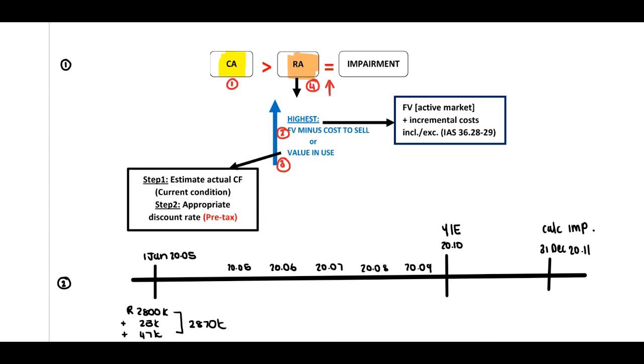Therefore, if you now look at our timeline, we need to determine the carrying amount at the end of 20.10. Therefore, 1, 2, 3, 4, 5, 6 years has passed, and then year number 7. Therefore, the remaining portion will be 10 years minus 7, and this will be 3 years. Therefore, if you now look at the solution,